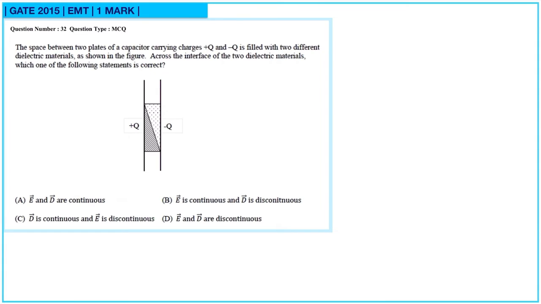Question number 32. The space between two plates of a capacitor carrying charges plus Q and minus Q is filled with two different dielectric materials as shown in the figure. Across the interface of the two dielectric materials, which one of the following statements is correct? So this is given, and here we can consider that there are no free charges. So there are no free charges here. If that is the case, then